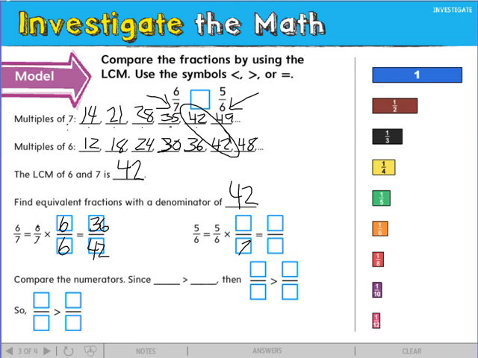So we're multiplying 6 times 7. What does the top of the fraction I'm multiplying by need to be? 7. Because 7 over 7 equals what? 1. So 5/6 times 1 is 5/6. It's just going to look different. Okay. 6 times 7 is 42. 5 times 7 is